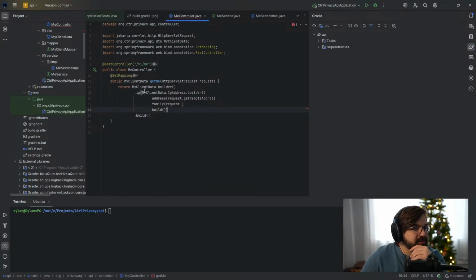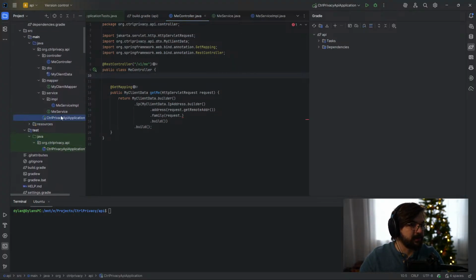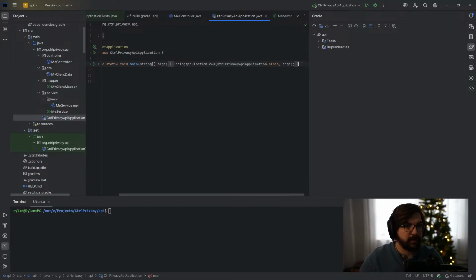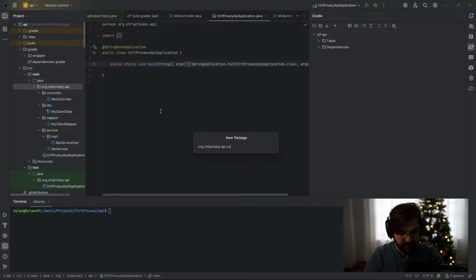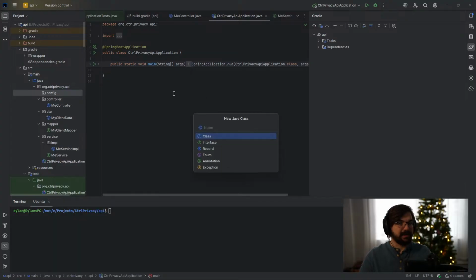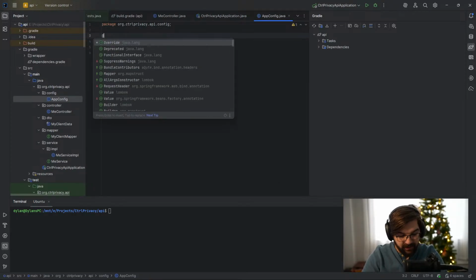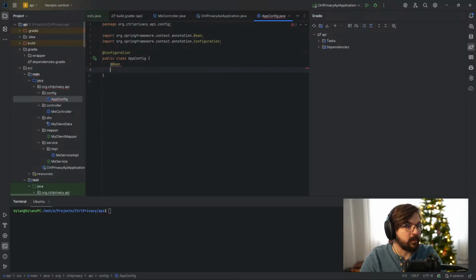Let's quickly actually finish or fix this. Do we have to add the bean actually first before I do too much. Obviously we have this here. Let's add a new package called config. Let's now add in here new Java class. Oh, I think just call it app config is fine. This is going to be a configuration. This will now have my beans. So we'll have a bean for